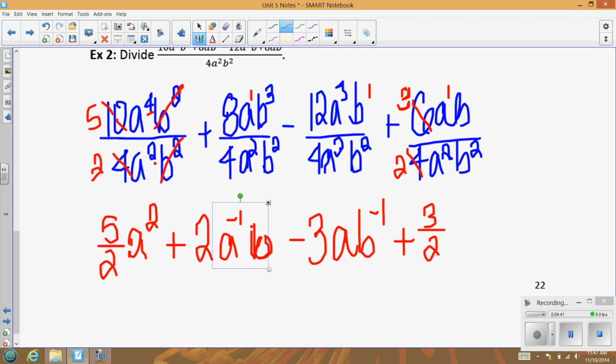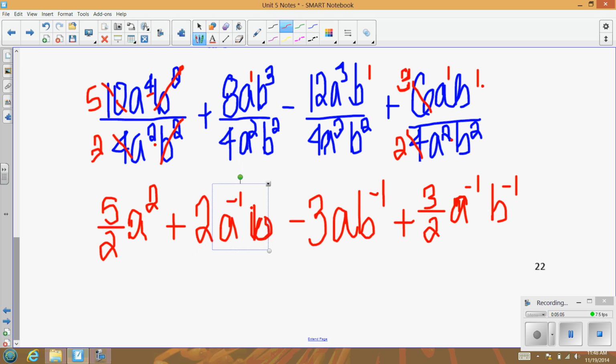And then again, we have a to the first, b to the first, and we are dividing that by a squared times b squared. So we're going to be left with an a to the negative 1 and b to the negative 1, because I'm doing 1 minus 2, which gives me negative 1, and 1 minus 2, which gives me negative 1 for the b exponent. And then the last thing that we can do here, I could say I'm done and leave it like that,